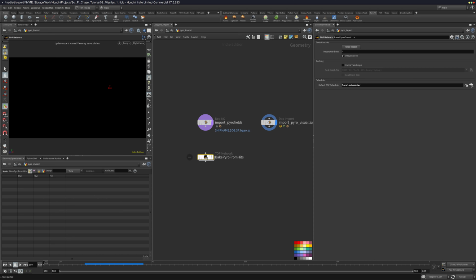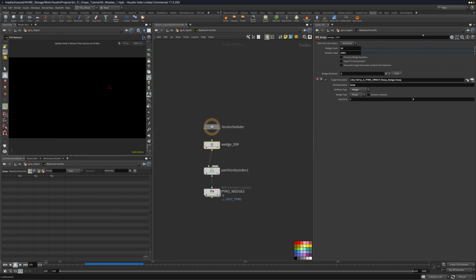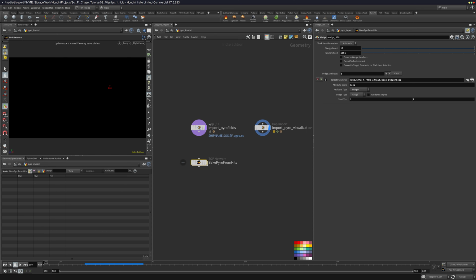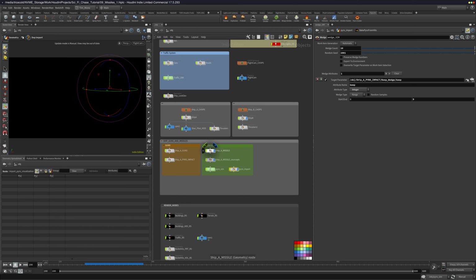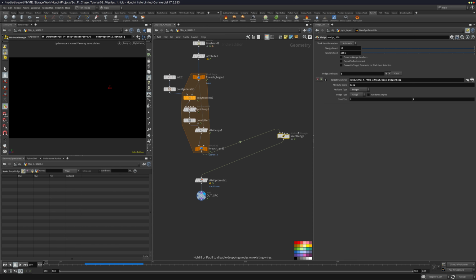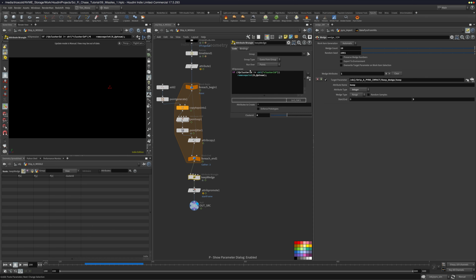So I can come in here, and this is going to be what we want to wedge. So we can do that already, which is our attribute here in the missile. Here, this guy. So I need to pull this here,